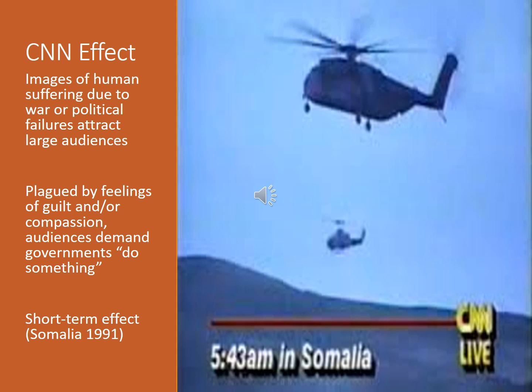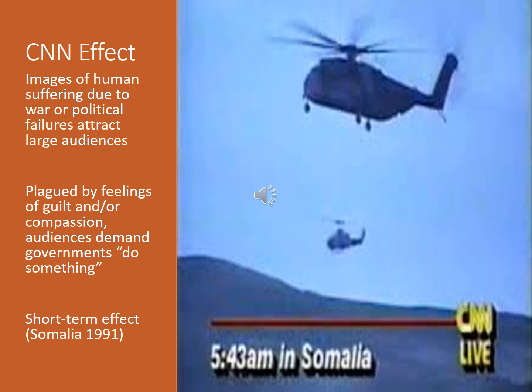The classic example of this comes from Somalia in 1992, where you have the images of a famine and children in Somalia starving broadcast around the world on CNN and other television stations. And the people who are rightly upset by this call up their congressmen, call up their representatives and say, you need to do something about this. We have the most powerful army in the world. Why aren't we sending food out there? Why aren't we dealing with the warlords who are exploiting these people's suffering?